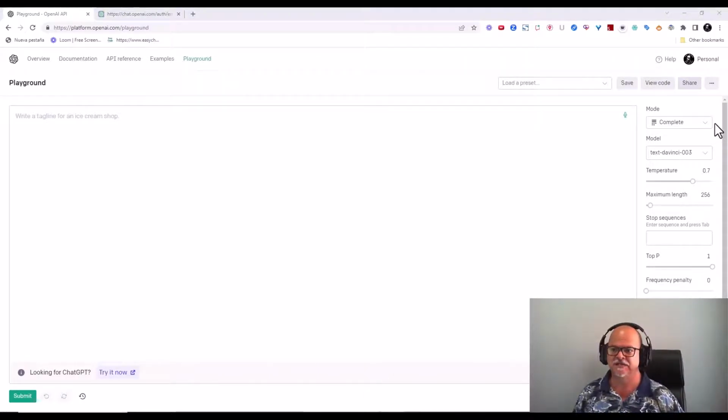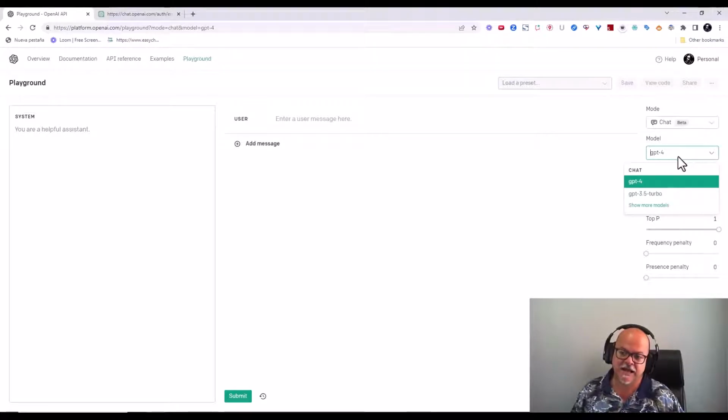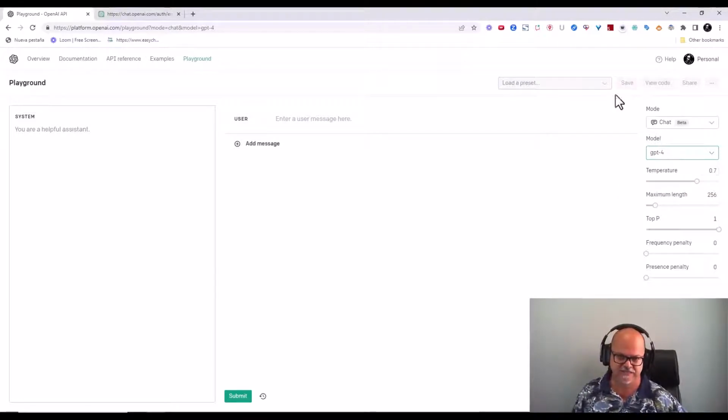Like when ChatGPT 4 first rolled out, I've had it. If I go in here and in chat, I've got access to Turbo and I've got access to ChatGPT 4. And I don't only have access to that, the next model that's being worked on, I have access to that. I don't generally like to use that because it's still in development, although there are things that I might test in there. So just so you know, that's why I show you the prompts in ChatGPT, because that's where most of you are. It's either ChatGPT 3.5 or ChatGPT 4. I'm testing it in here.